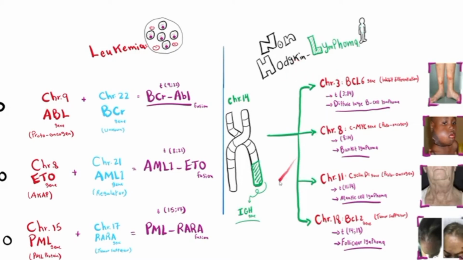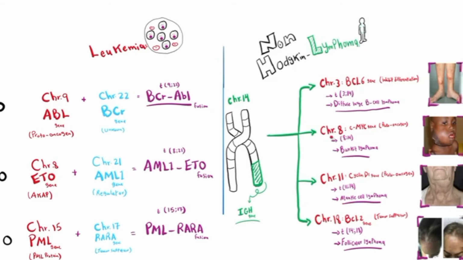Okay, so translocation between the IGH gene and the BCL6 gene, on chromosome 3. Normally the BCL6 gene inhibits differentiation, so it's a proto-oncogene, right? The cancer cells proliferate and don't differentiate. So the translocation or fusion between those two leads to the overexpression of this gene, leading to diffuse large B-cell lymphoma. Okay, and the translocation between the IGH gene and another gene called the C-myc gene, a proto-oncogene,